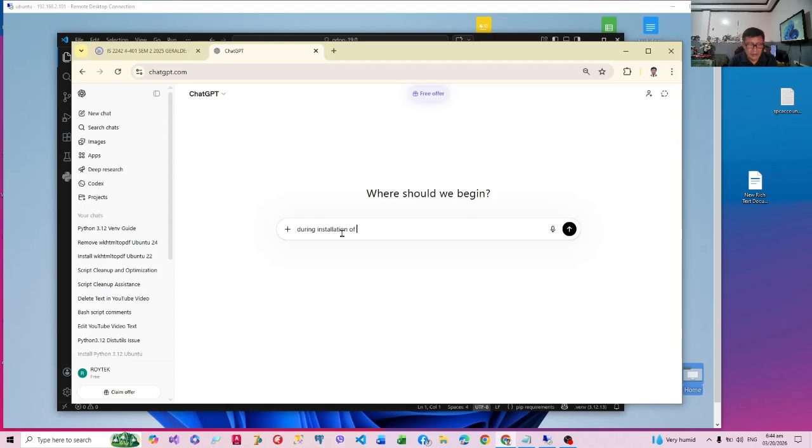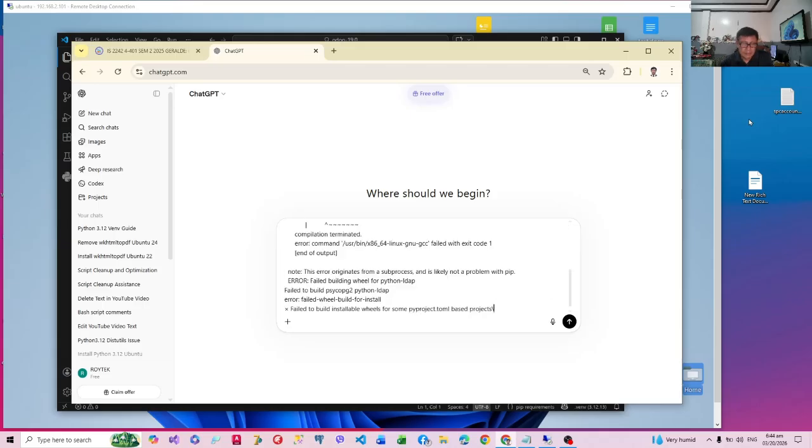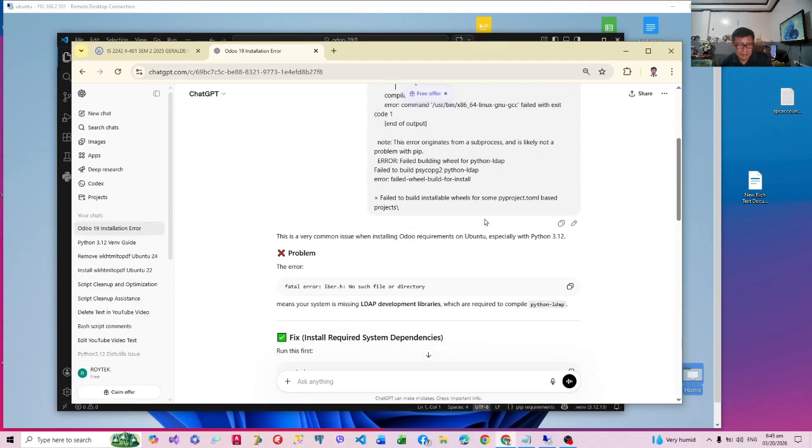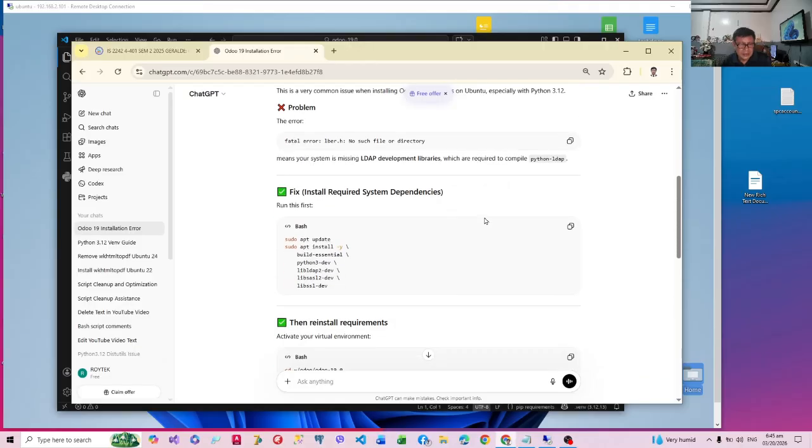Installation of Odoo 19 requirements. Okay, and let's send this. This is normal. Don't worry. Rather than waste our time building so much just because there's something missing. To fix this, there it is.